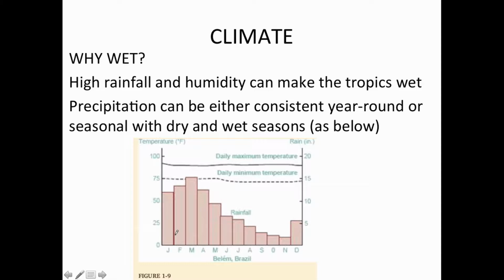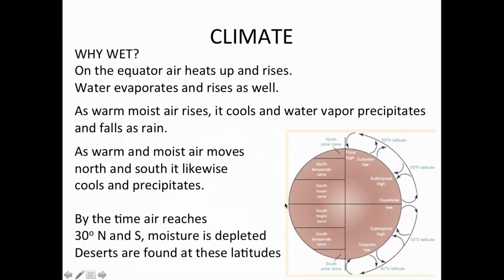So another question, why is it wet? The reason the tropics are wet is because there's high rainfall and high humidity. And that precipitation can either be consistent. In some locations in the tropics, it's just wet year-round, or it can be seasonal, as you see here in Brazil. So understanding a little bit more about the wetness,